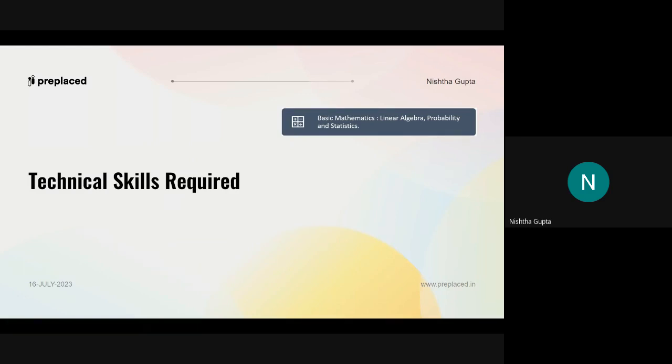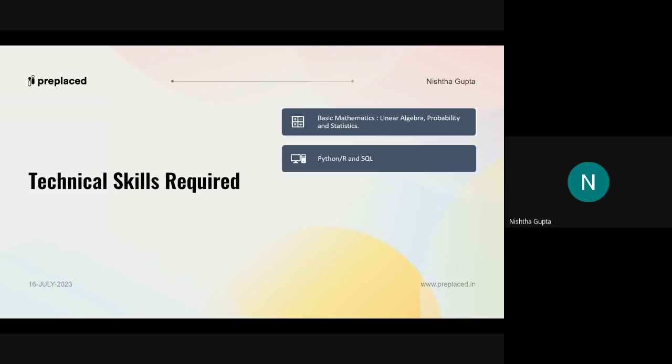Linear algebra and probability and statistics are used in order to understand the basic as well as complex ML algorithms, because understanding basic statistics and basic algebra will make ML algorithms easy to understand for you,